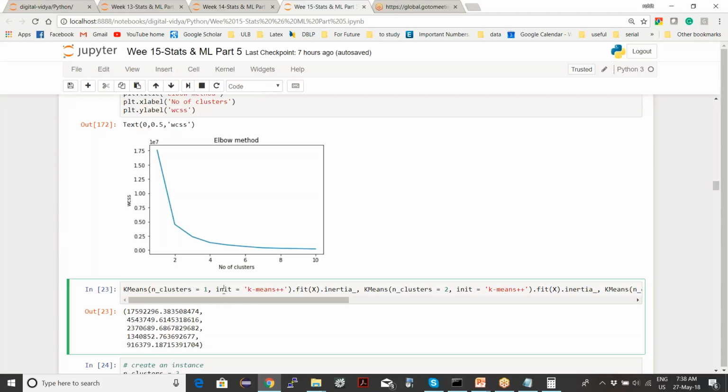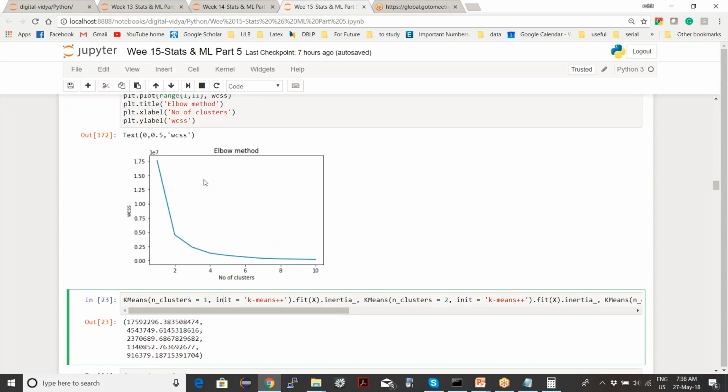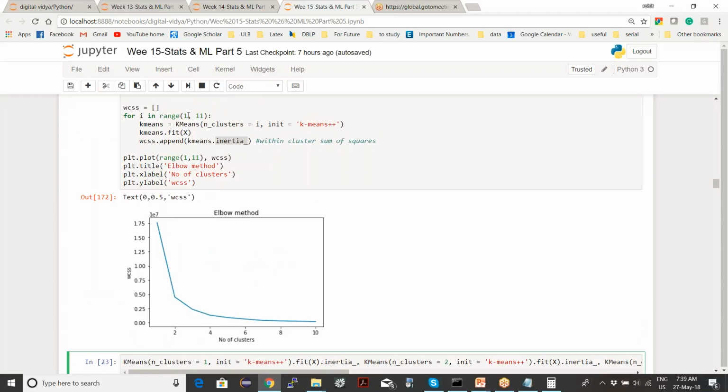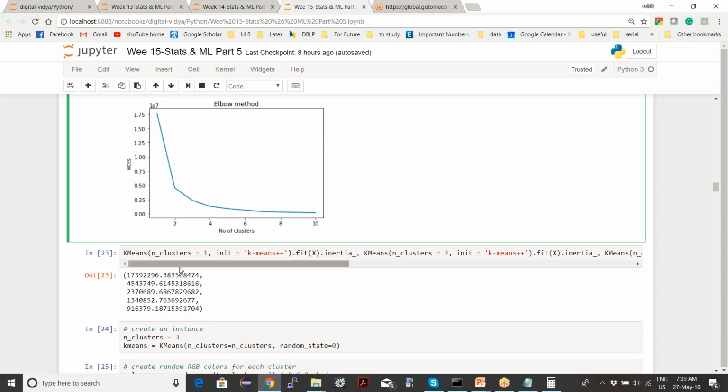You could actually see the values themselves. Here we plotted all these values for k equal to the number of clusters from 1 to 11. Here I'm just printing them: k-means for number of clusters as 1, this is the value, this is this value, this is for 4, this is for 5.